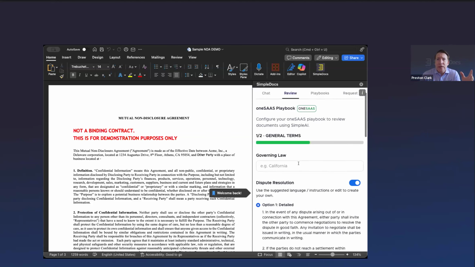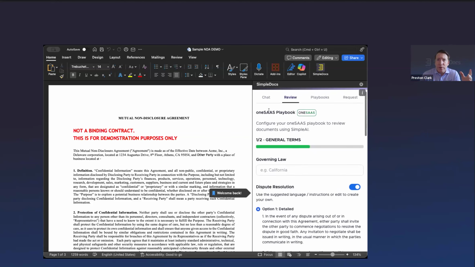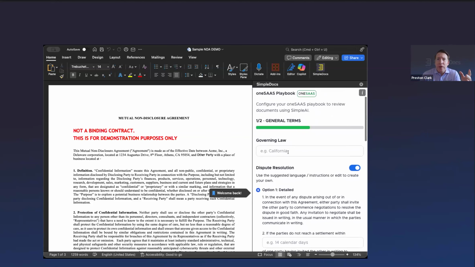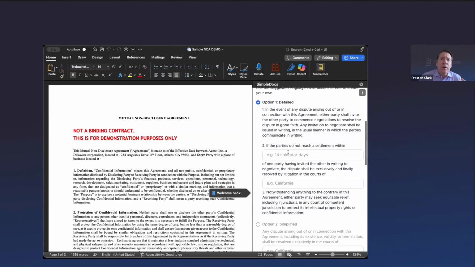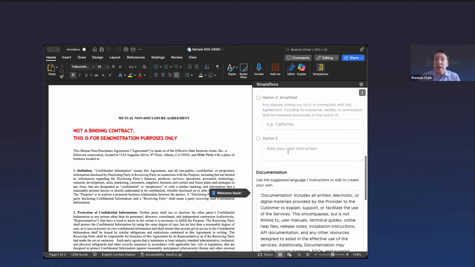In this case, I've expanded one further. I see it says one SaaS on top. And this is incredible functionality. The amount of work that went into this is enormous, because Electra and her team had to establish a standard with a steering committee, go through weeks and weeks of review, turn that standard into a template, and then codify that template into a set of rules, and then design those rules in a way that can be productized inside a tool like ours, where now someone like you, a user, can go in and configure it.